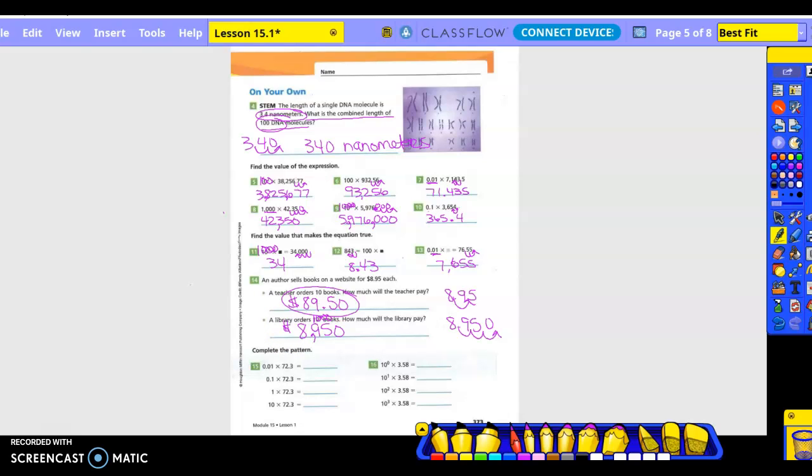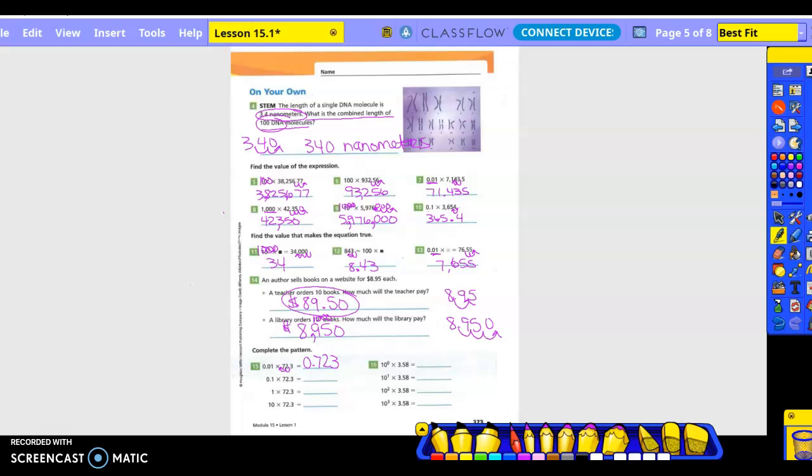$8,950. So I need to see work on every problem today. And what is your work going to be? Okay. So I'm multiplying times the decimal, so I'm going to move to the left. How many decimal places do I have in 100? 2. So I'm going to go 1, 2 to the left. And my new answer is